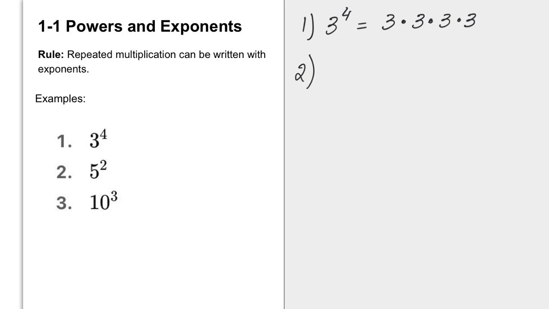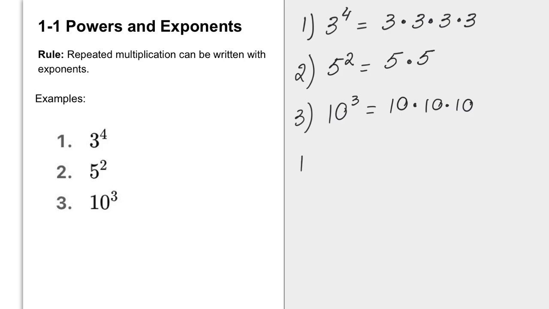And then second one will be 5 raised to the second power, just tell us 5 times 5. And then the third example is telling us 10 raised to the third power means 10 times 10 times 10. Let's go ahead and write what are our bases here. So the base for the example 1